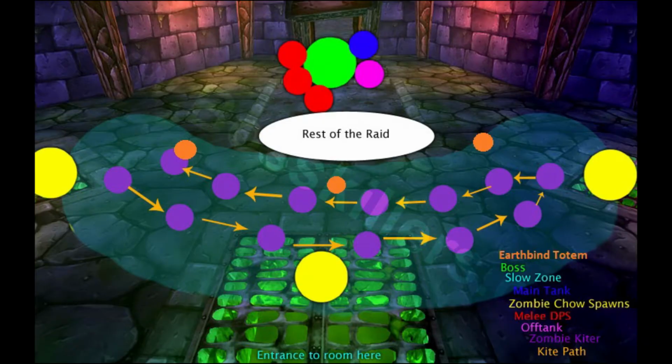But as soon as it's in that Earthbind range, then it's less of a problem. So what we're actually going to do in the strategy, at least for now, but I think this is probably going to stick, is put the Earthbind totems between where the Great is and where the raid is. So maybe I'll draw a picture or something on the screen if I can, but essentially